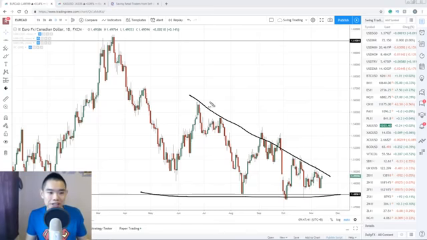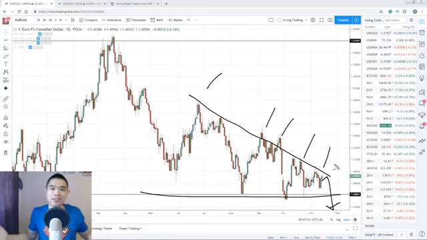After what I've just said, lower highs into support is usually a sign of weakness. If you ask me, the market is likely to break down lower. Can the market break out higher? Of course, right? It can. The market can do anything, but we're dealing with probabilities here, my friend. So from the looks of it, the market is showing signs of weakness, and there's a good chance it